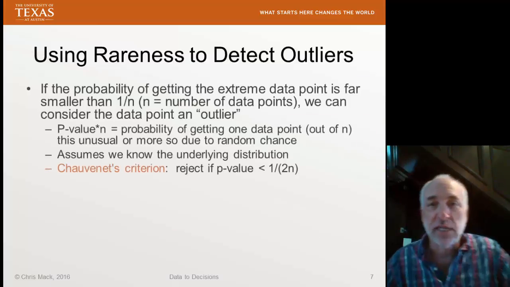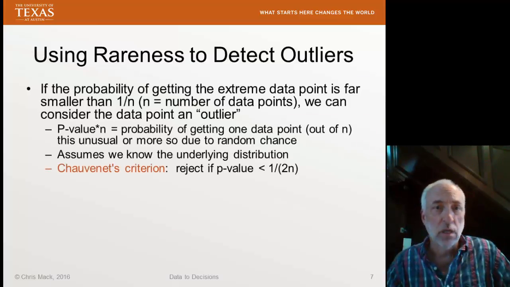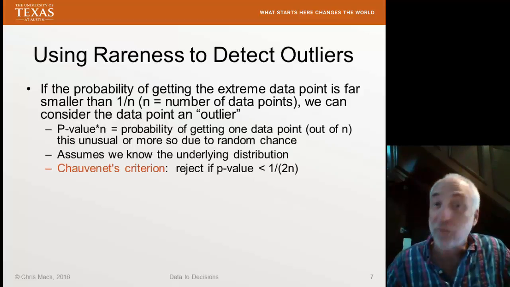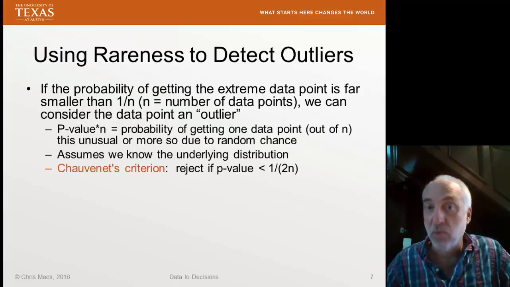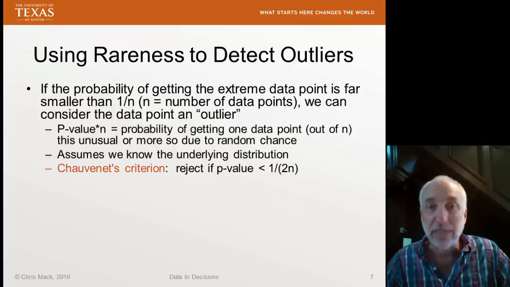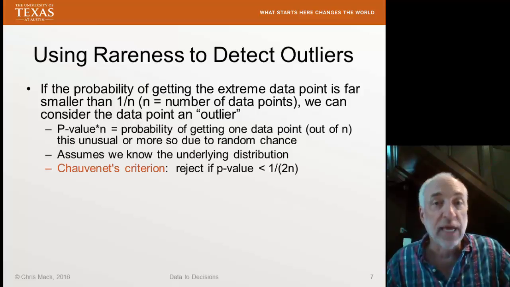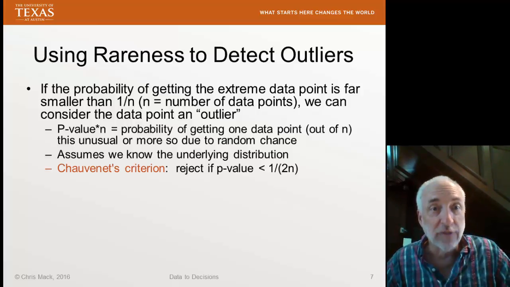So how do we use rareness to detect outliers? We're going to compare the p-value of some extreme data point, the probability that you would get that data point given some assumptions about the underlying distribution, to 1 over n, where n is the number of data points. If the p-value of a data point is much smaller than 1 over n, we say that data